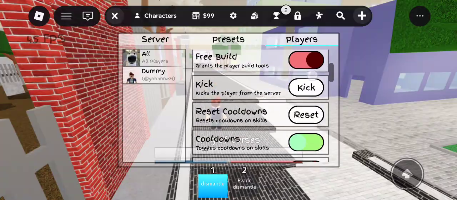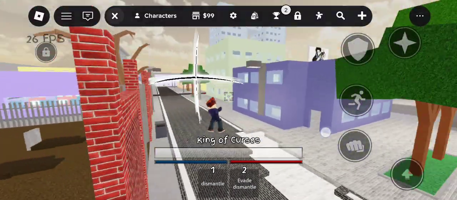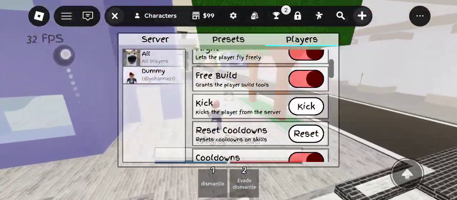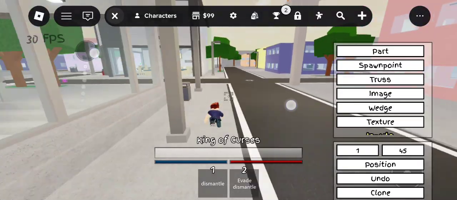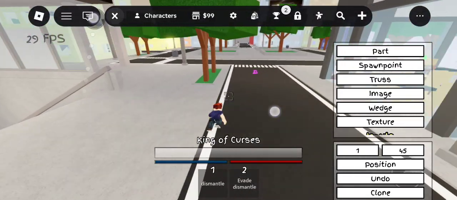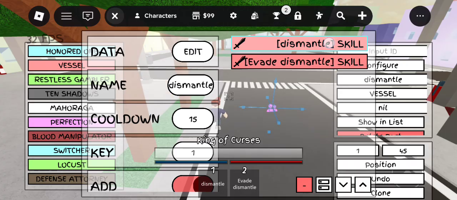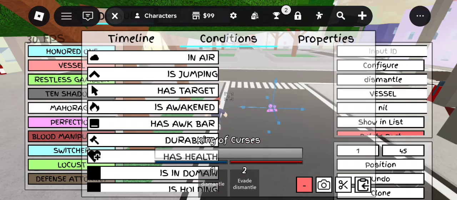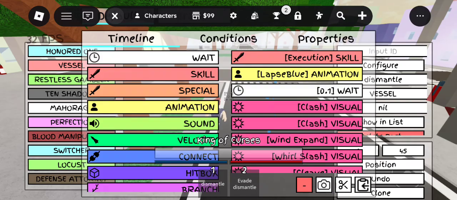And for the ever one, it has to be settled so you don't have to wait for the execution skill to be done. Yeah, that's it for the conditions. None. Normal. And that's all.